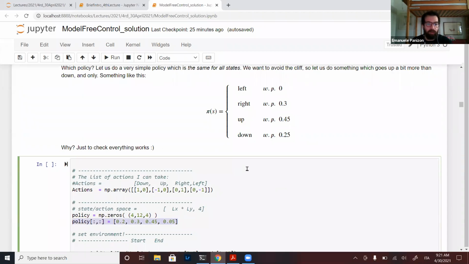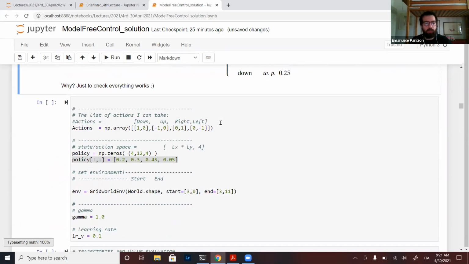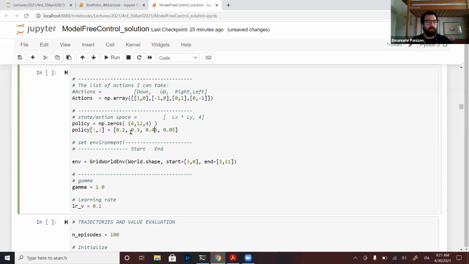This is the actual policy I'm using. Basically, this is the policy for each state. I'm moving down with a probability of 0.2, moving up with a probability of 0.3, moving right with a probability of 0.45, and moving left with a probability of 0.05. Just the policy I put.